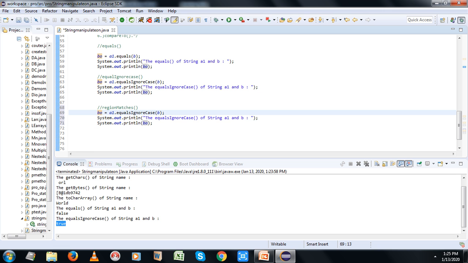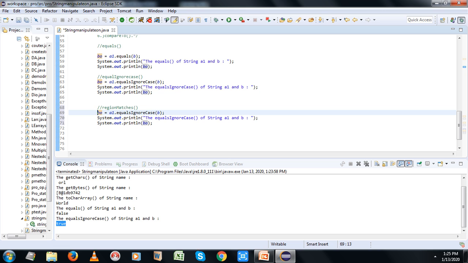What the number we have given here, 1 here, 2, right? So here it will start from 0, 1. It will start from 0 in A1 region matches, and here it will start from R. Okay, and how many letters would it check? 4. So 1 2 3 4, ORPO is taken, and this region is taken, and it is checked for region